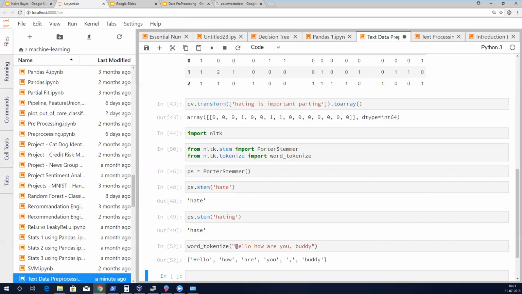So will it stem to hello? See both of them, this is also hello. Hell? No, hell is different, right? Exactly. Internally it maintains a tree. Technically, yes.